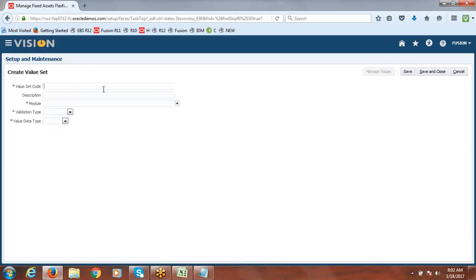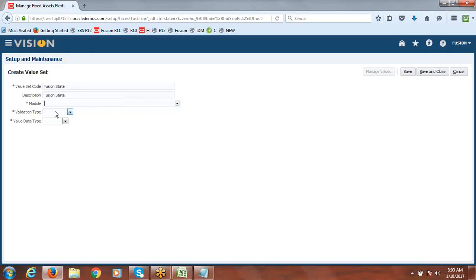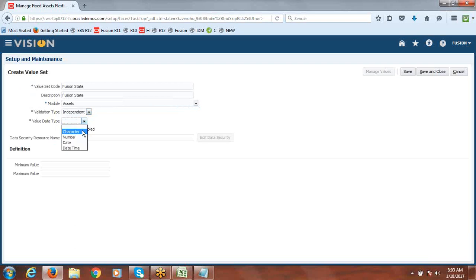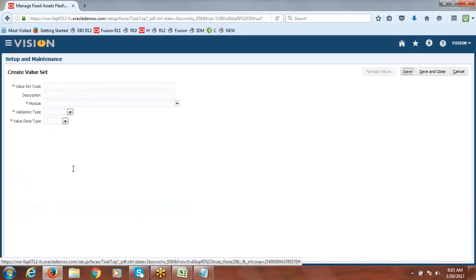Create one more value set, State. Just give 30. Save and close.